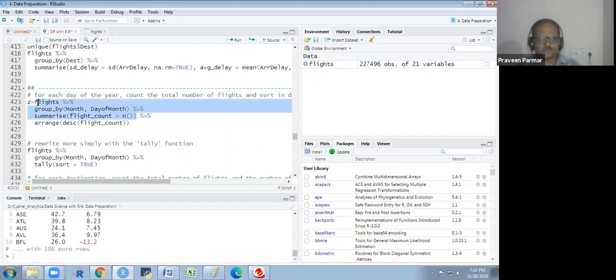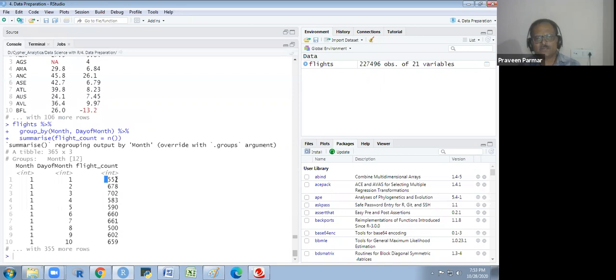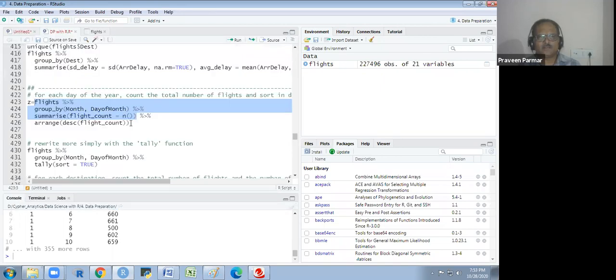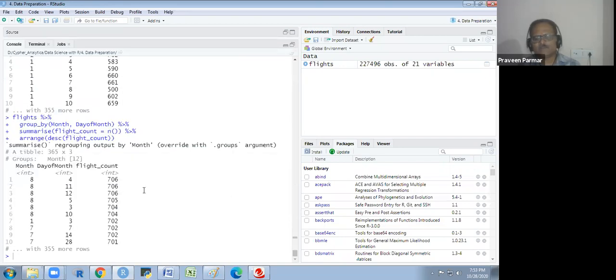Okay, I run up to here, I will show you. So it is not in descending order. If I run up to here, I will get that in descending order, 706, and this way I will get.